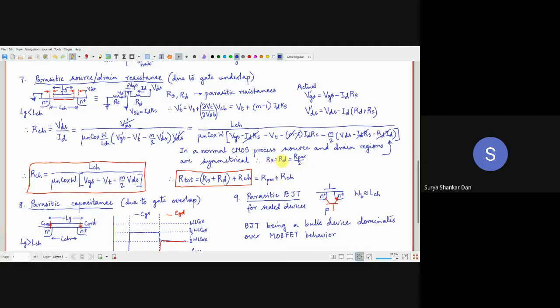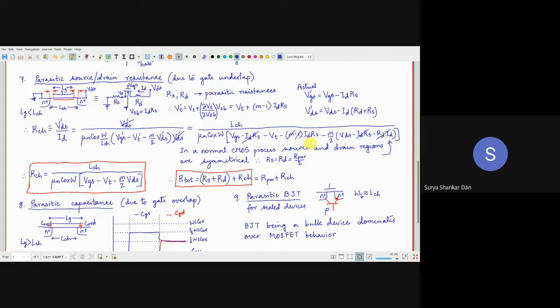Okay, so if RS and RD are equal, then what will happen over here? Look at this. RS and RD are equal, so it is basically becoming twice IDRS. This 2 cancels. That will become plus M into IDRS, and here is minus M into IDRS, so this M and this will cancel. And there is a minus into minus 1 of IDRS. Here it is minus IDRS, so this will cancel again.